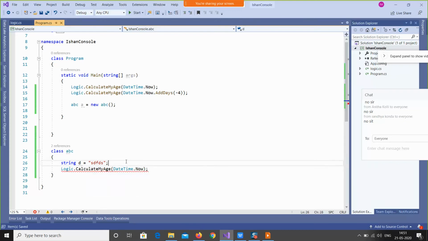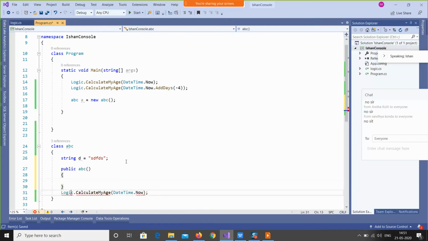So I can use this logic.calculate my age anywhere, whether I am in a program class or an ABC class.